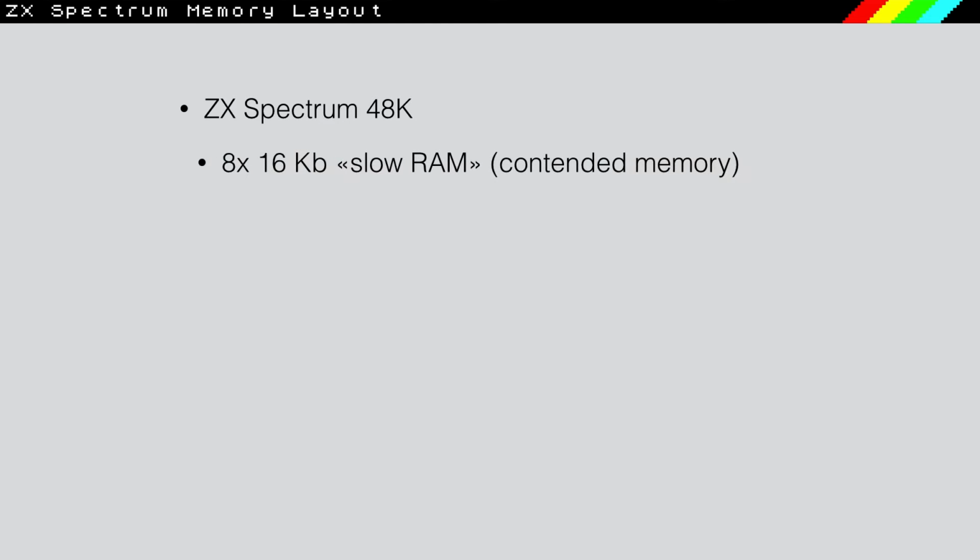The ZX Spectrum memory layout. The 48K ZX Spectrum has 8 chips of 16 kilobits of slow RAM, the so-called contended memory, and 8 chips of 32 kilobits of fast RAM. The slow RAM can be accessed both by the ULA and the CPU, and the ULA has priority because it renders the image on the TV. That's why this memory is considered slow, because when the ULA is drawing the image on your TV, the processor